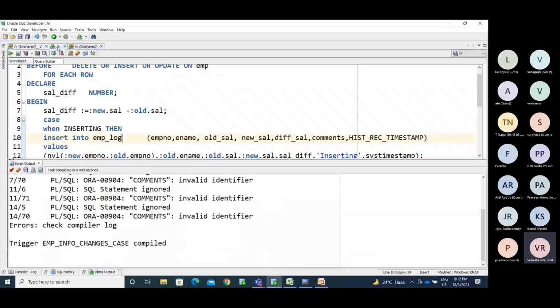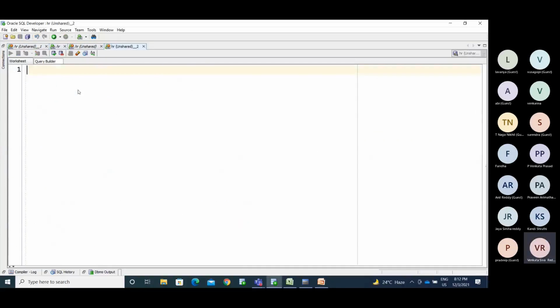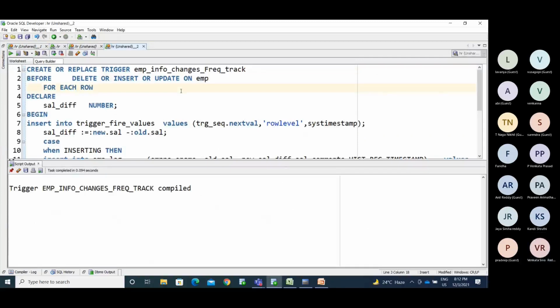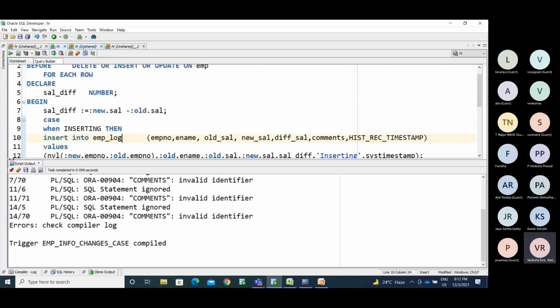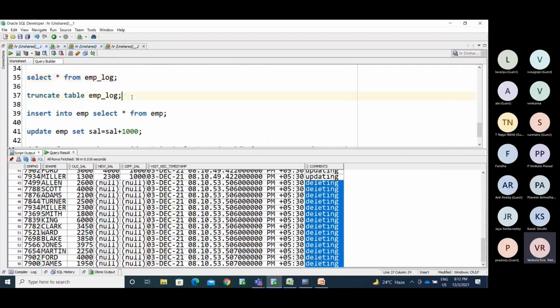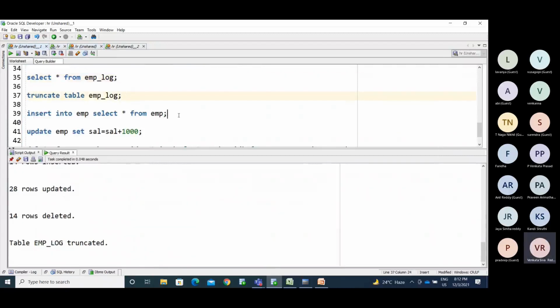So we'll use this example. I'm creating this trigger. Now I created it and I'm truncating the log table. Then I'm inserting the data into the employee table and I committed that.